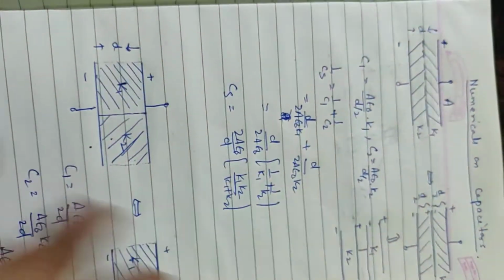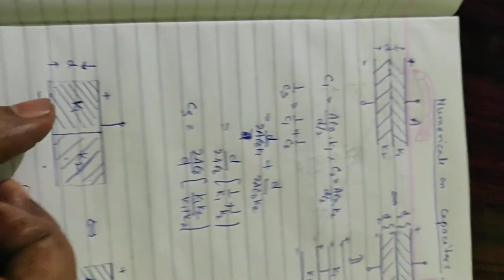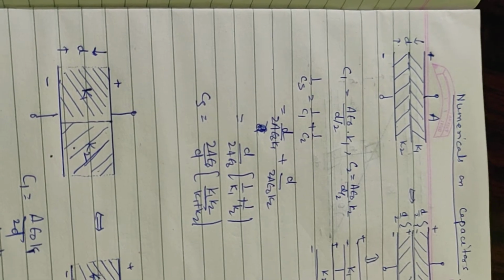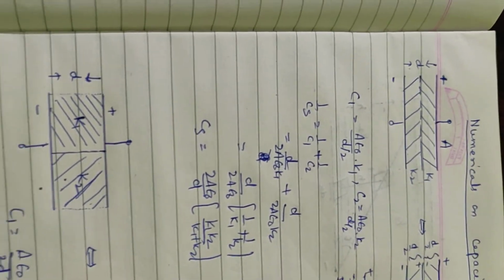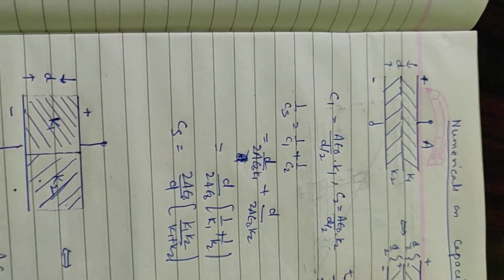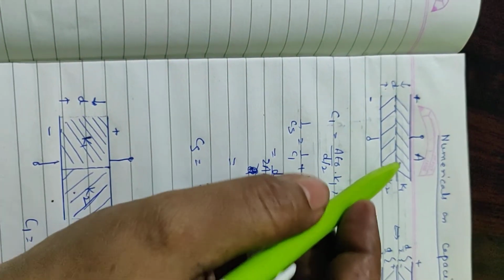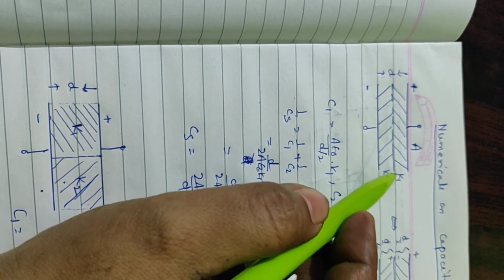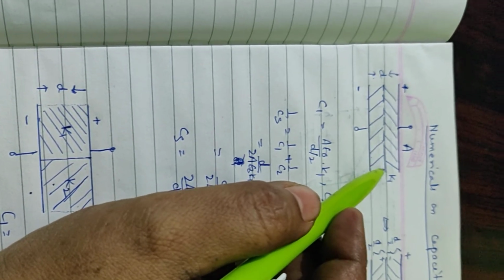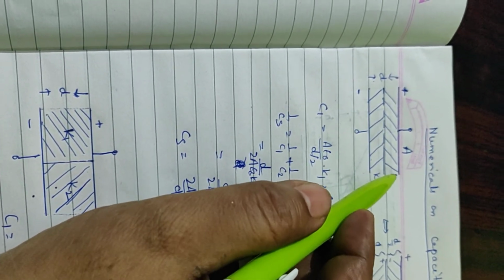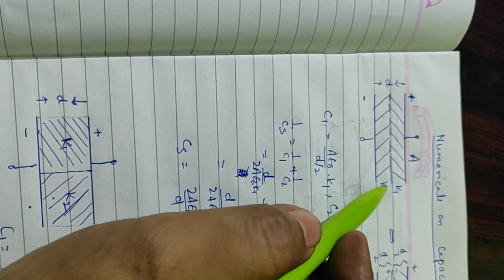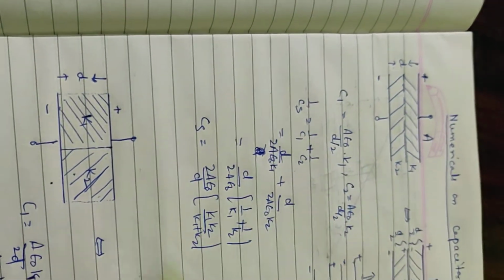Now these were straight numericals. The space which the dielectric filled was equal, but it may be unequal, or there may be 3 dielectrics. Even if 3 dielectrics fill the space, usually it's given in the question what the width of the dielectric filling the space is, so you can solve it.